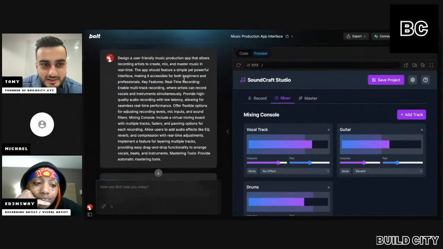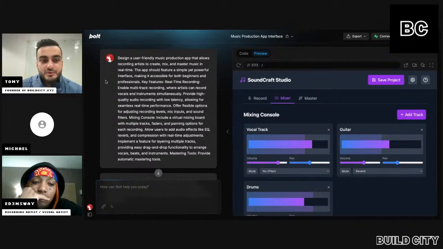Oh, interesting. All right, let me just read the prompt and let's see what it generated and if it matches the prompt. So the prompt was: design a user-friendly music production app that allows recording artists to create, mix, and master music in real time. The app should feature a simple yet powerful interface, making it accessible for both beginners and professionals. Key features: real-time recording, enable multi-track recording where artists can record vocals, instruments simultaneously, provide high-quality audio recording with low latency, allowing for seamless real-time performance,